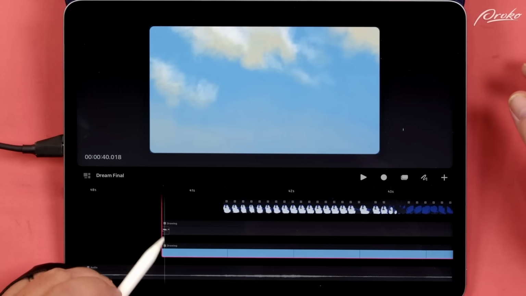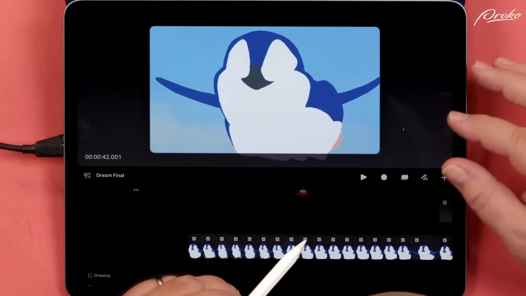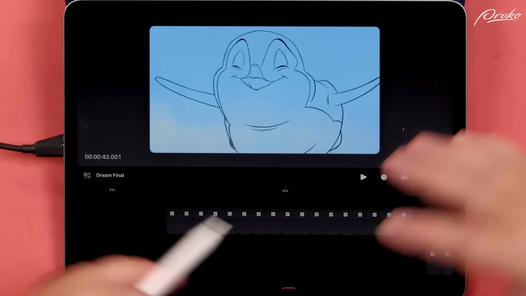That's the sky color. There's the clouds. I can turn the drawing layer on and off. Down here we have the paint layer. So everything's super